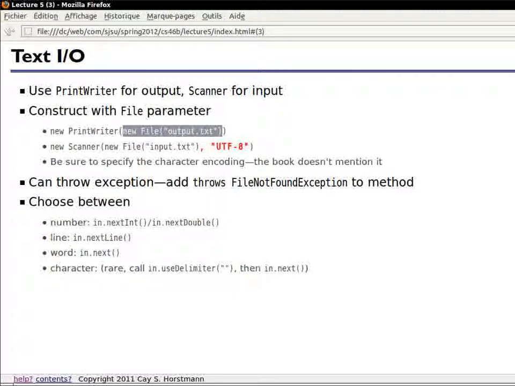And words are not, because they have different numbers of words on them. So you definitely want to read in a line at a time. For the next one with the quizzes,